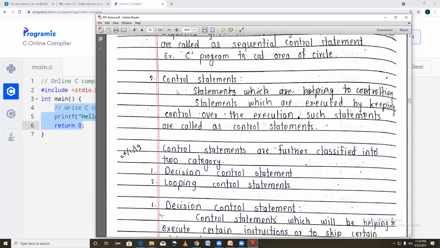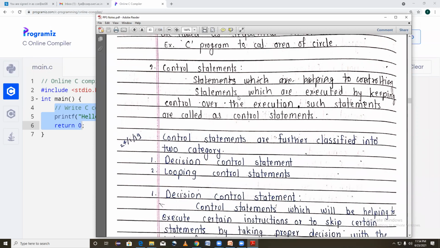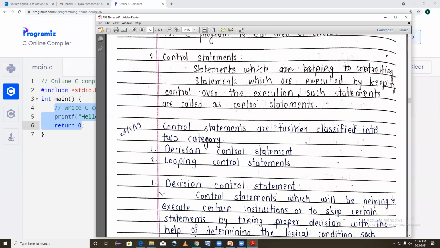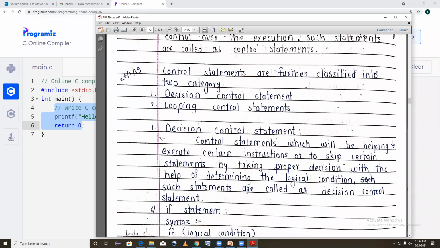Now control statements. Statements which are executed by keeping control over the execution are called control statements. There are two different types: one is decision control and the other is loop control statements.